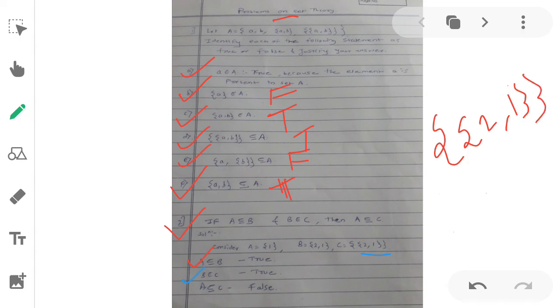So A is a subset of C is false. The last one is false and the above two are true. So the final answer is: if A is a subset of B and B belongs to C, then A is not necessarily a subset of C.